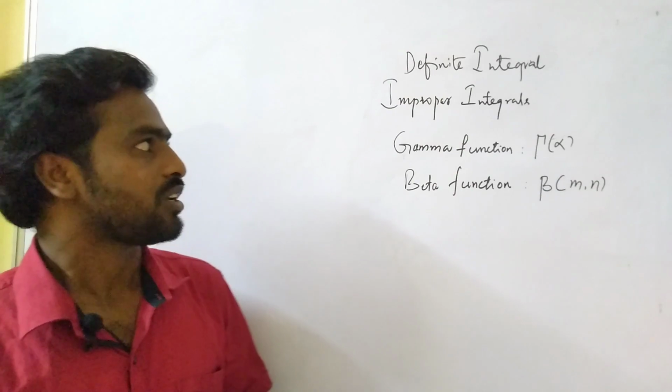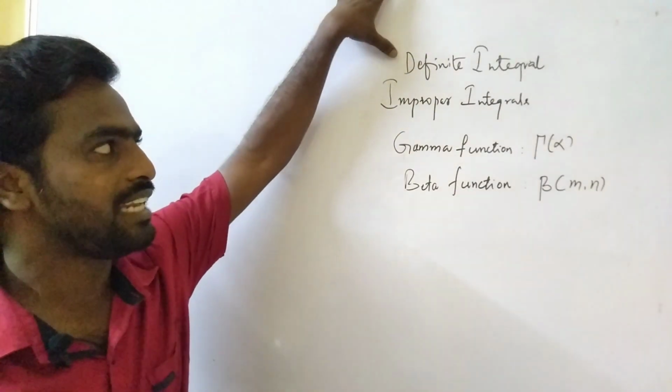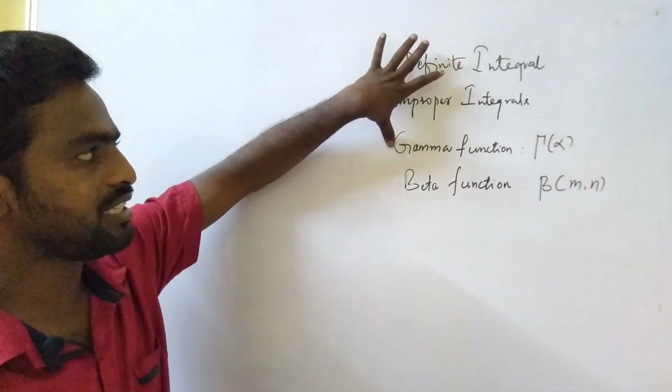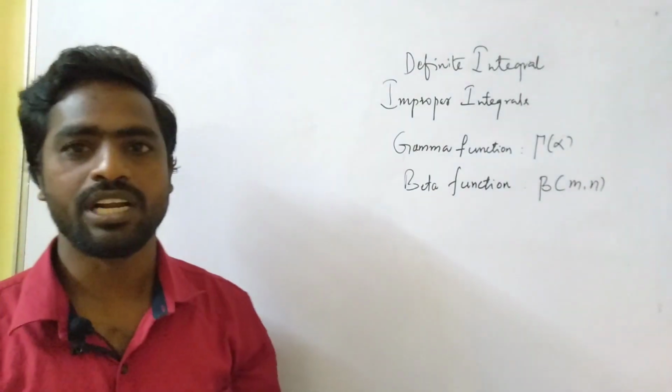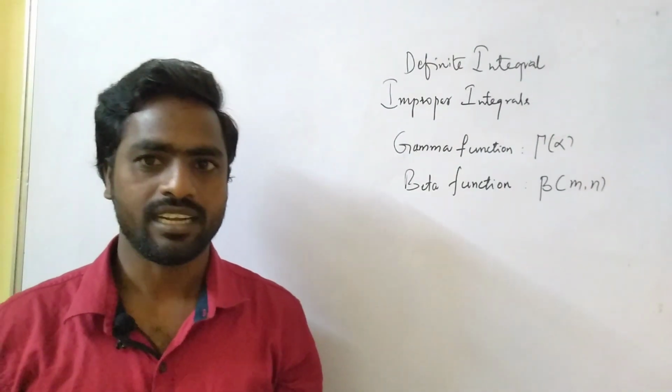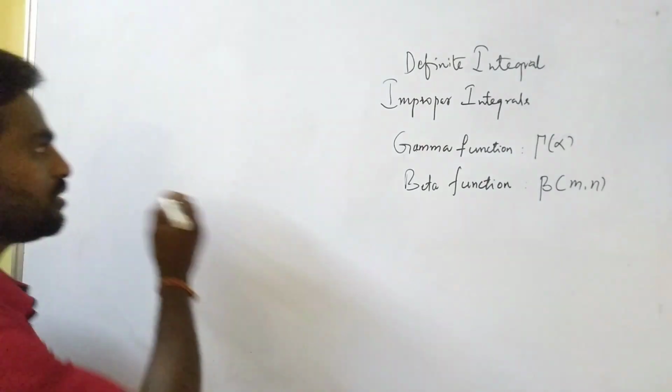Discuss the four topics. One is the definite integral, second one is the improper integral, third one is the gamma function, fourth one is the beta function. So what is the definite integral? Definite integral means, see here, so integral